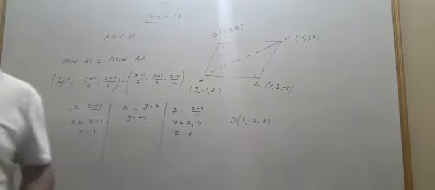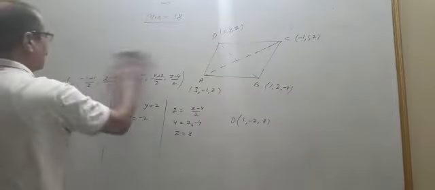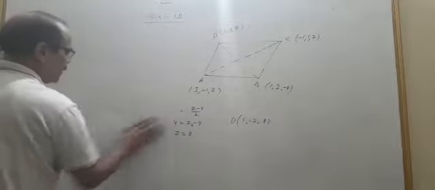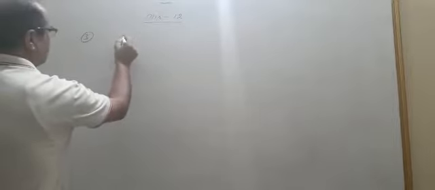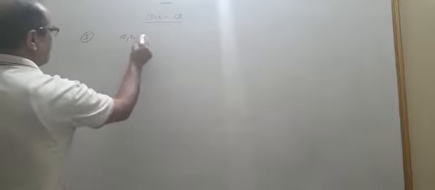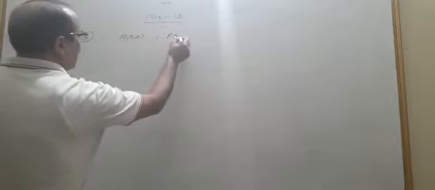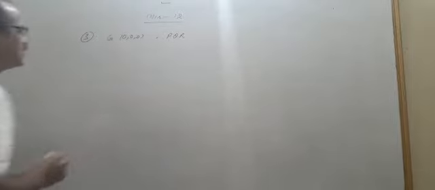So this is the way to solve the problem, to find the fourth vertex of a parallelogram when its three vertices are given. Now after question number first, I will start with the third. What is given in question number third? See, if the origin is the centroid of a triangle PQR, origin that is 0, 0, 0 is a centroid of a triangle PQR and centroid is denoted by G.